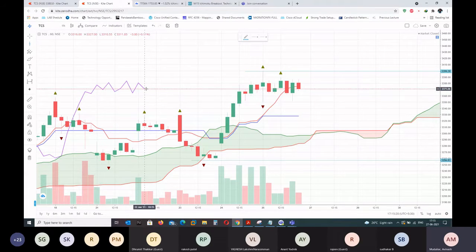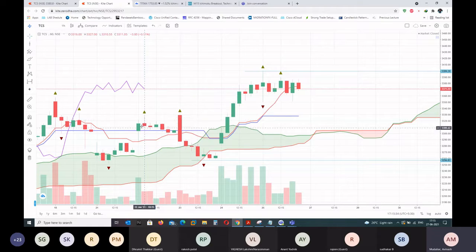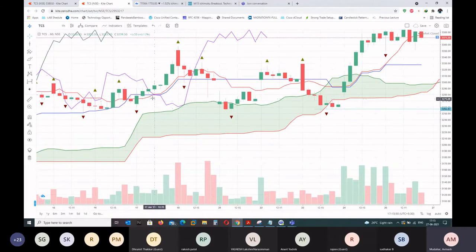let me plot a vertical line. Right now Chiku span is here. I'm just putting a vertical line. You can see a candle will overlap, exactly, this is the red doji candle which is overlapping. So you will see Chiku span is well above the candle. Whenever you see Chiku span above a candle, that shows it has momentum, the momentum is strong. If it is up, it means buying momentum. If it is below, it means selling momentum.